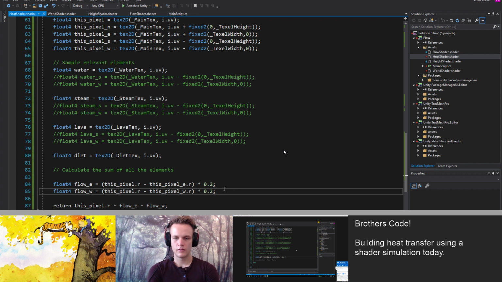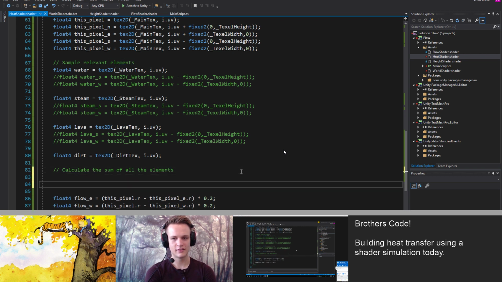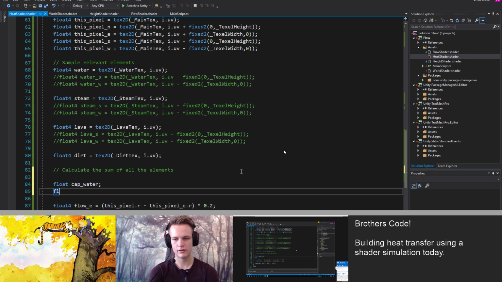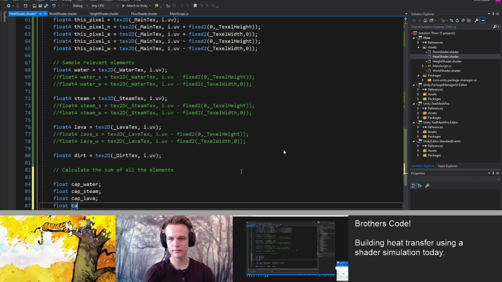This is the maximum flow, right? So we need to multiply this by the heat capacities. If we just compute the average heat capacities and do that, then I think that just works, right? Well, what if there's nothing in that spot? Then the average heat capacity will be zero, right? Okay. So you can just set them all to one right now.